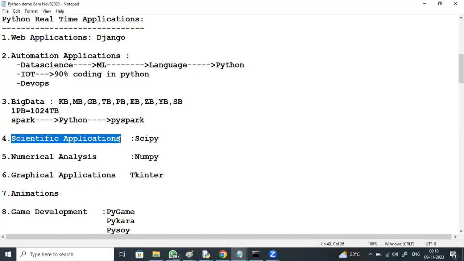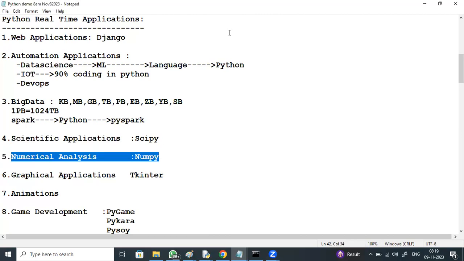For scientific applications, we have a module called SciPy. For numerical analysis, Python provides a separate module like NumPy, numerical Python.